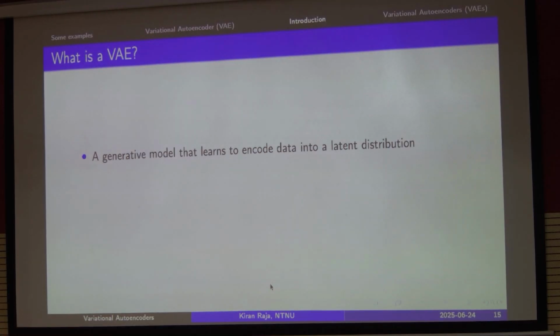And now within the VAE, we are interested in learning a generative model that can learn to encode the data into the distribution, into the latent distribution. And if we do that, it allows us to sample the data from latent space to generate new data, right? So as long as I have come to a compact space, now I can pick and choose them, right? So if I have 10 values, let's say for the sake of example, let's start with a representation which can be